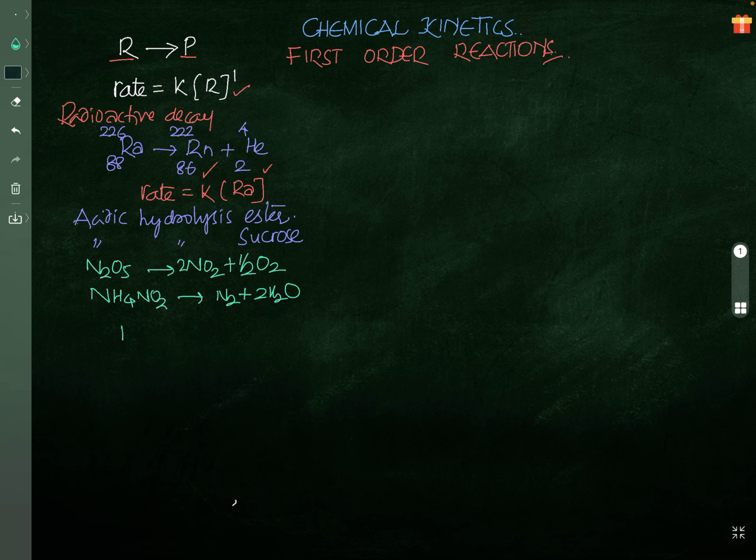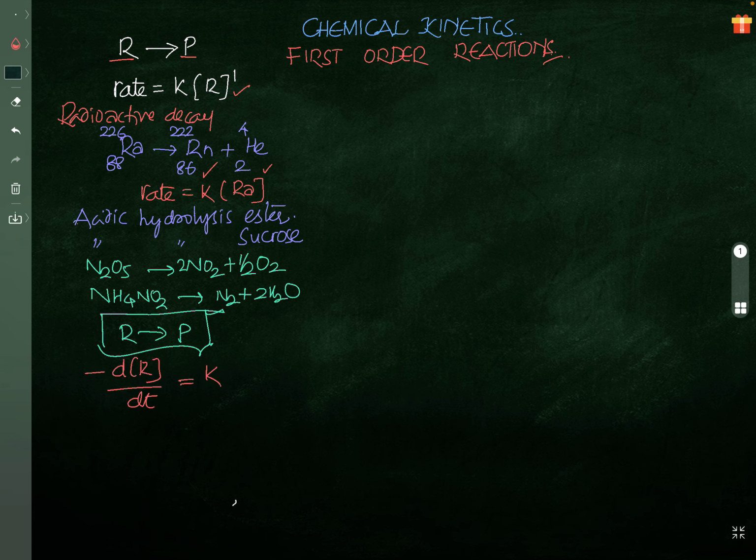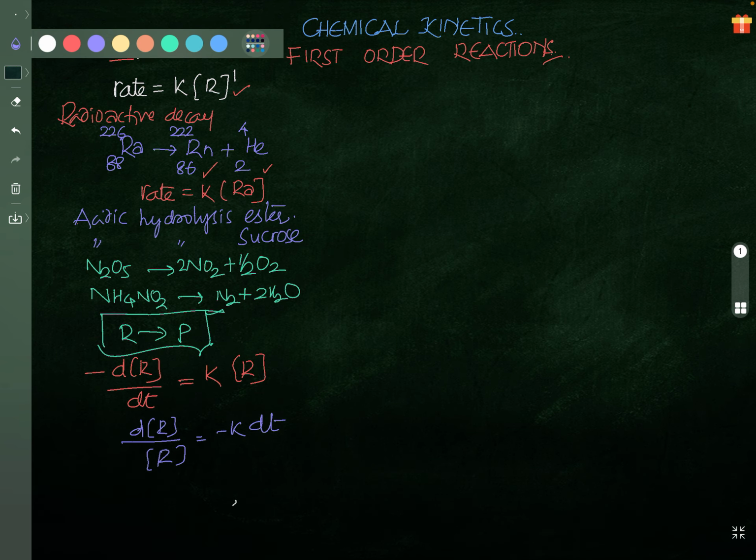Let's take R gives P. This is your reaction. Now how do we write about this? The rate, minus d[R] by dt, is equal to K into concentration of R to the power of 1. There is no need to write 1, right? R to the power 1. Now I am writing this like this: d[R] by [R] is equal to minus k dt. On integration of this,